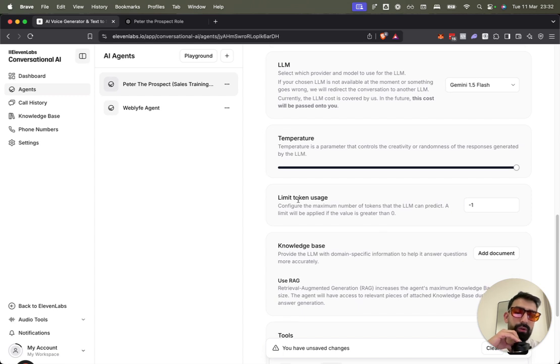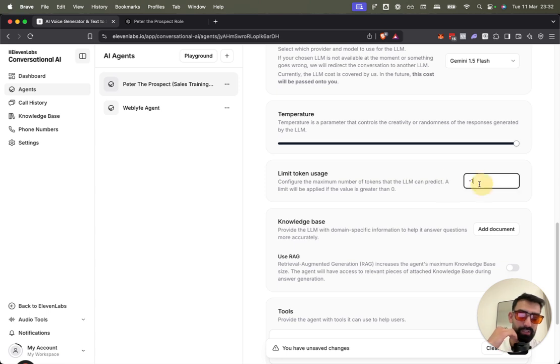Here we can see token limit usage. Now I want to actually maybe limit this, because if I share this with a lot of people, they're going to finish all my credits. So let's put this at,